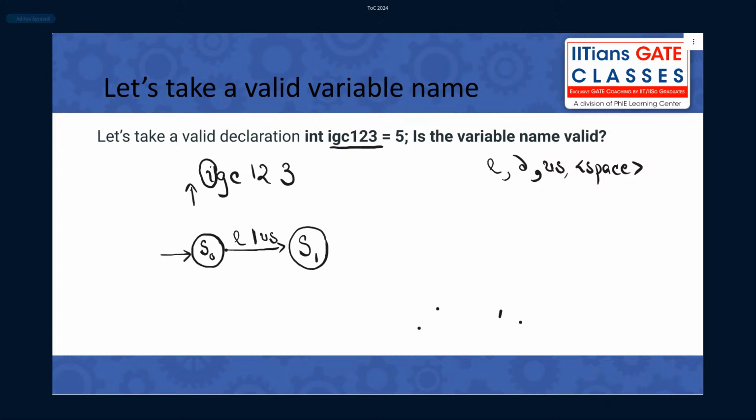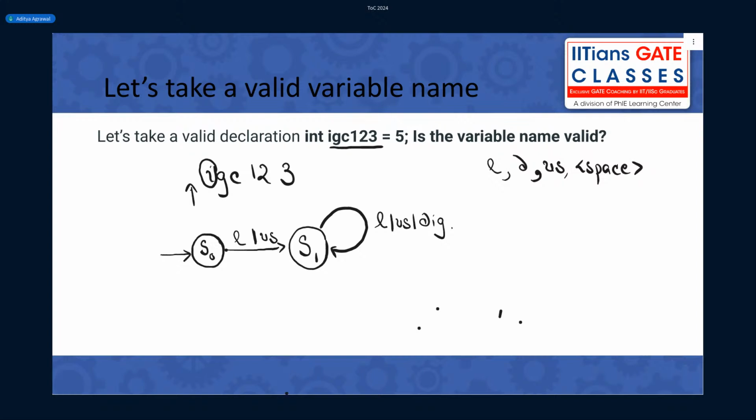From S1, I can read any number of letters, underscores or digits. Then my string will be accepted.